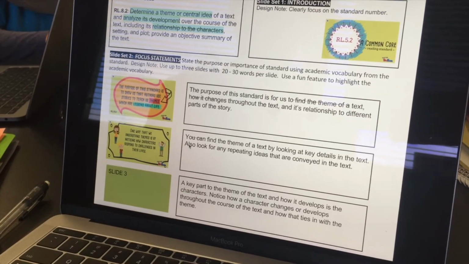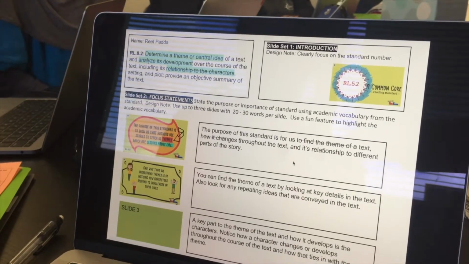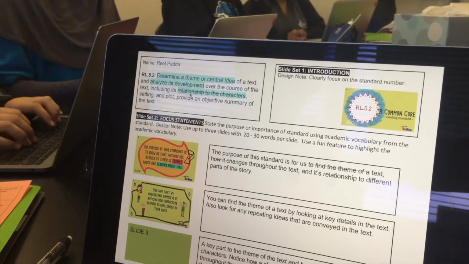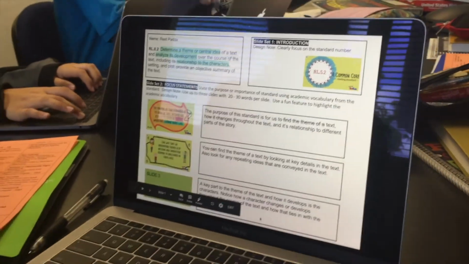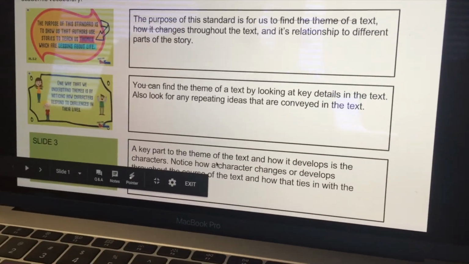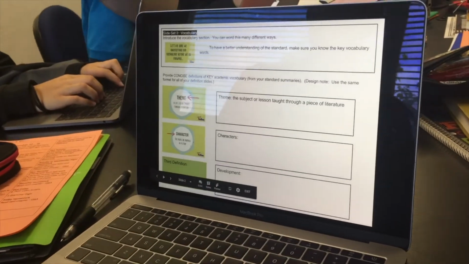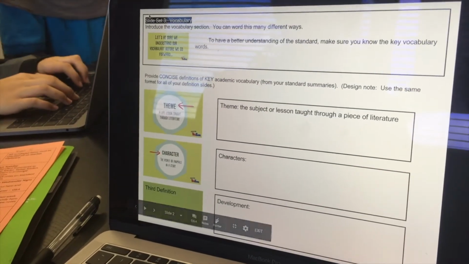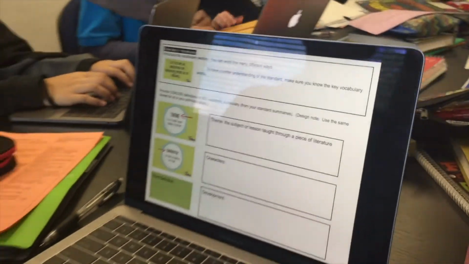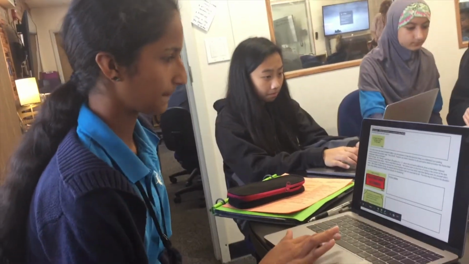So one of my focus statements was how you can find the theme of a text. One of my focus statements was the purpose of the standard, and analyze its development and analyze its relationship to the characters. I also included the key part to the theme of the text and how it develops as the character, so you watch how the characters are changing. You also want vocabulary, so when you're teaching your standard, whoever's watching the video, you don't want them to be confused. You want them to know what the words mean. You also want to